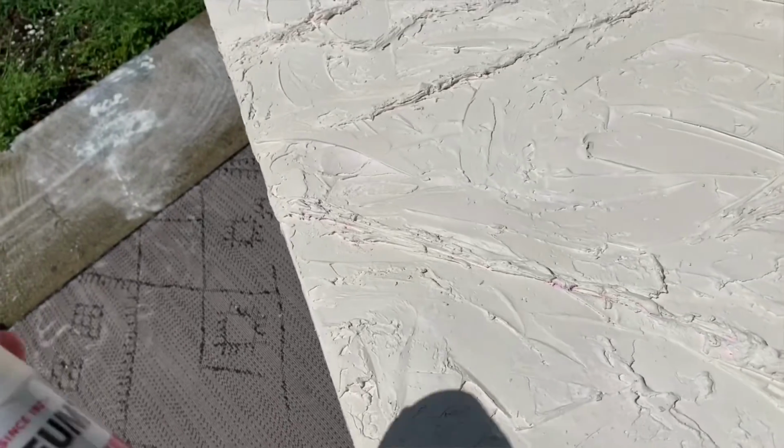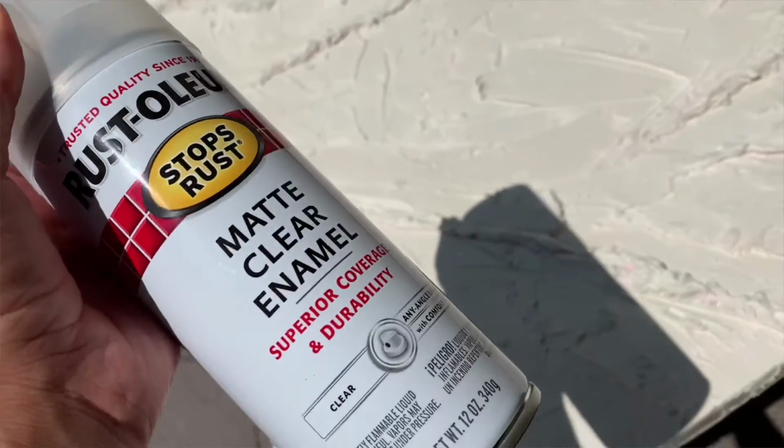So this is it. It's the end of the project, and I sprayed it with pretty